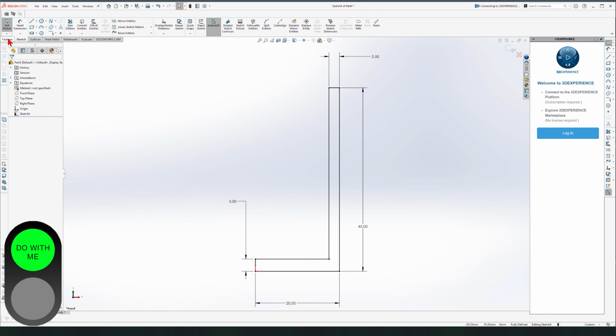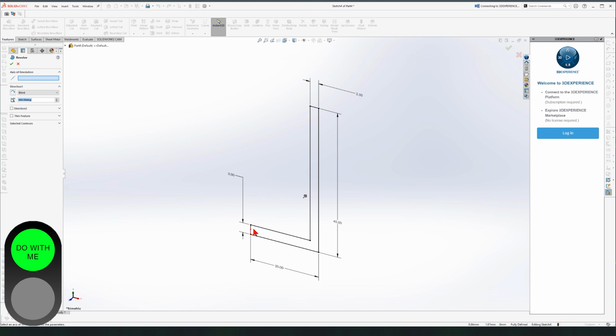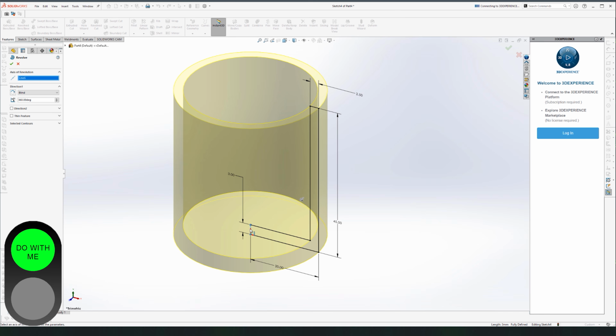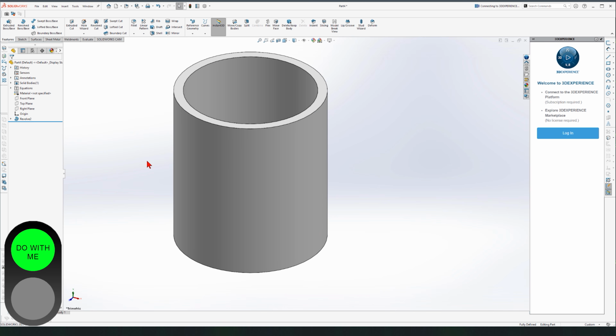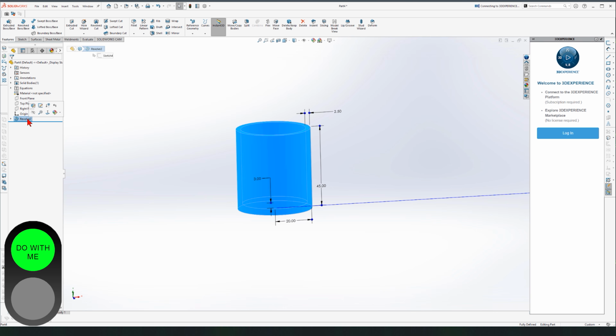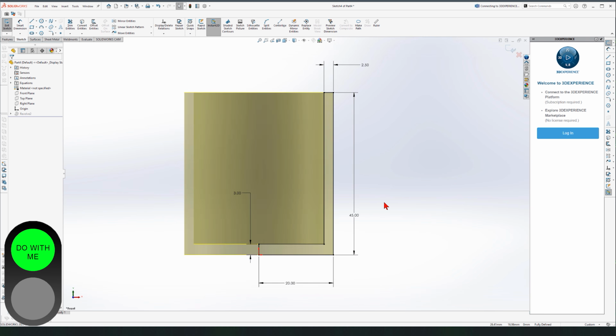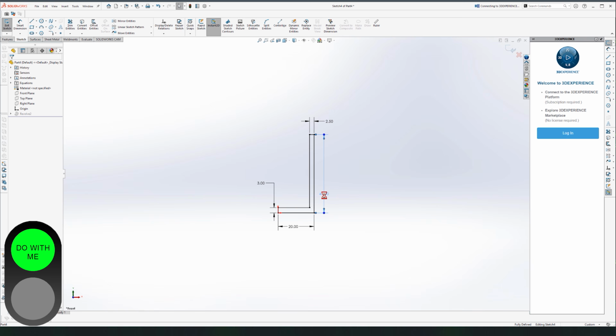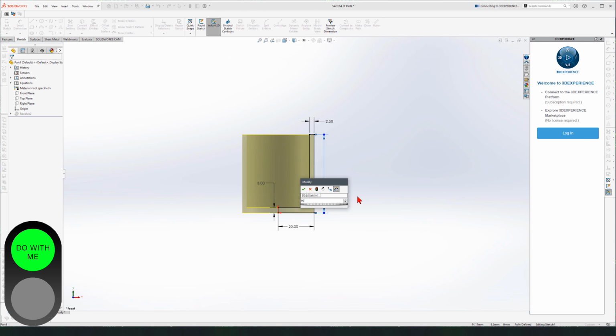And then we go to the Features tab and we revolve this. Features tab, revolve, and we select this line and we click OK. Too big. I don't like it. The ratios are off. So we click on the revolve. From this pop-up menu, we click on Edit Sketch. We zoom out, double click on 45, change it to 90,